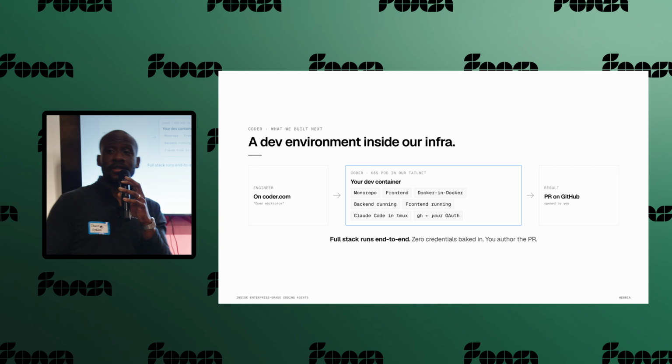I'm going to talk about the 3 lessons that we learned in between these few different agents. Point number one, just run the stack. Number 2, hard guardrails. Number 3, make humans effective. Now, lesson number 1 is that if your agent can't actually test your code, every single pull request you make